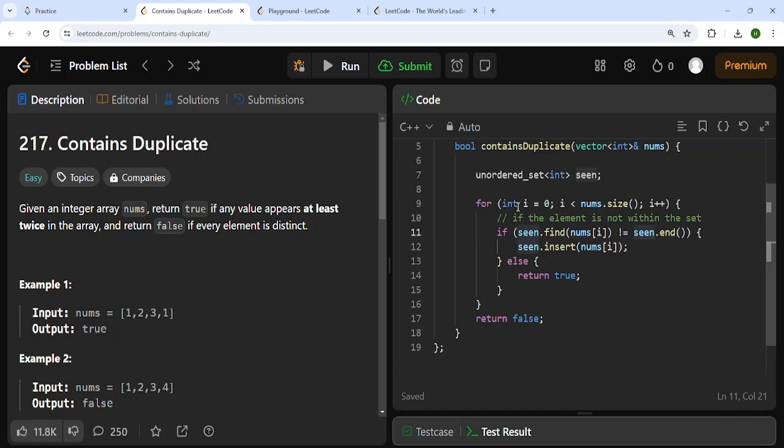Okay, so it was a unique comparison, and if the number wasn't there, you inserted it, and if it was there,